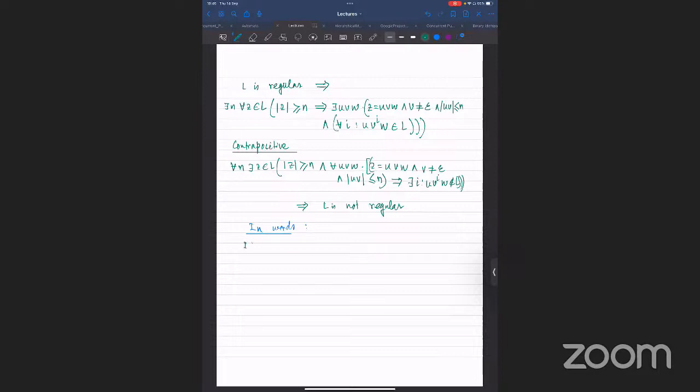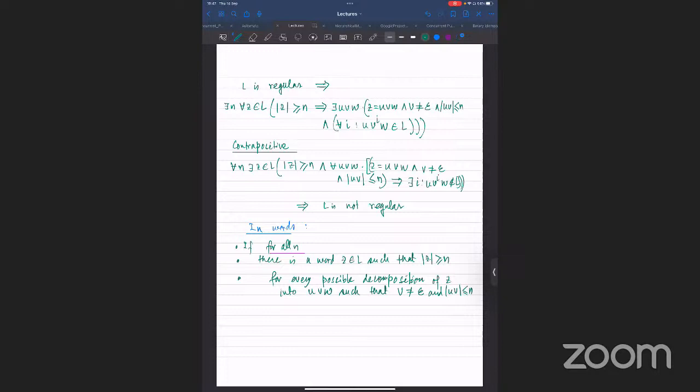So if, for all n, right, there is a word, now I say there is a word z belongs to L such that the length of z is greater than n, then the next thing is for every possible decomposition of z into UVW such that v not equal to epsilon and |UV| less than or equal to n,